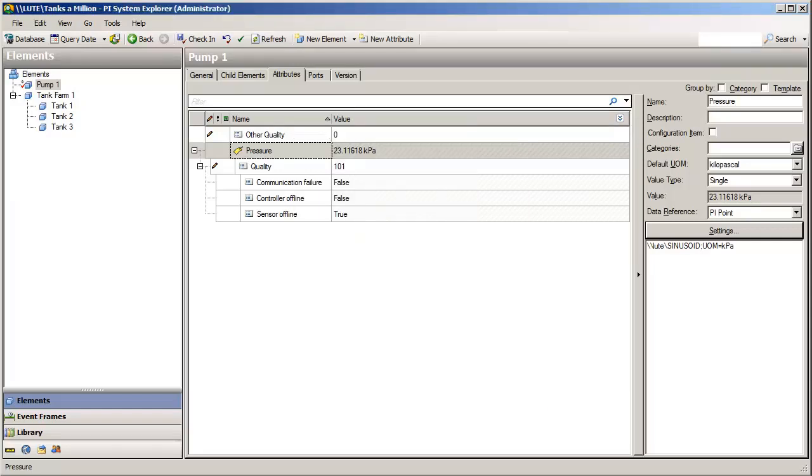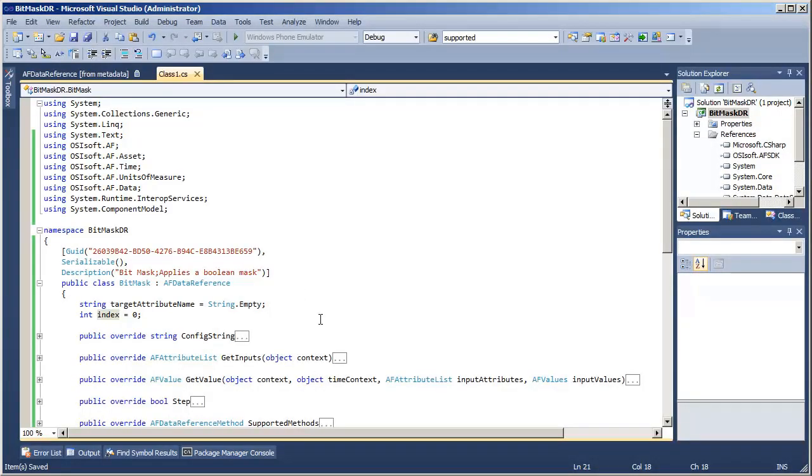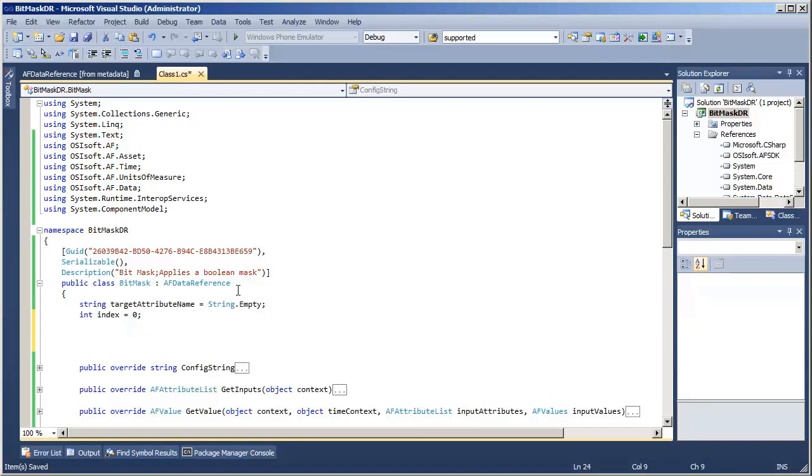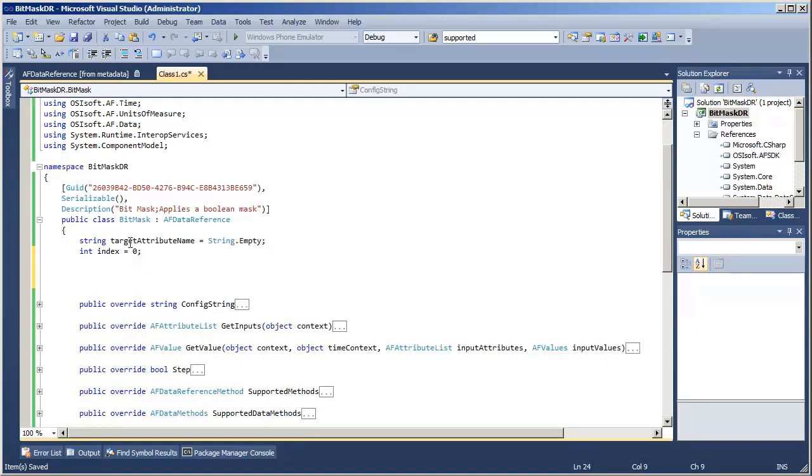Back in the code, I'm going to do a couple of housekeeping things here. I've got some private fields here, and I want to make public accessors for them. This will be necessary for when we create our graphical editor.